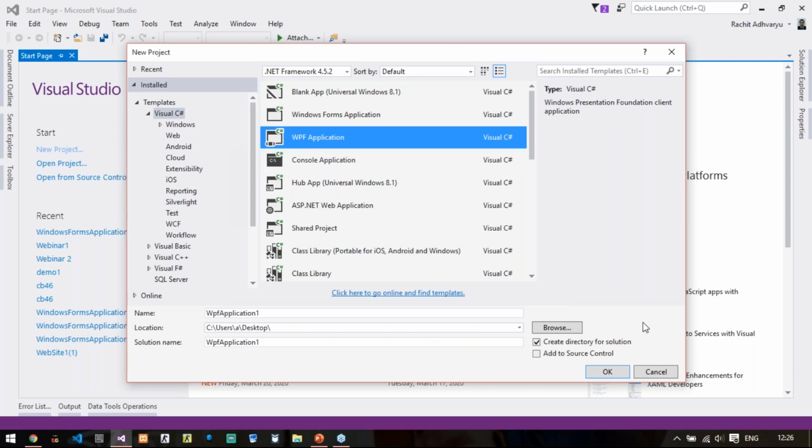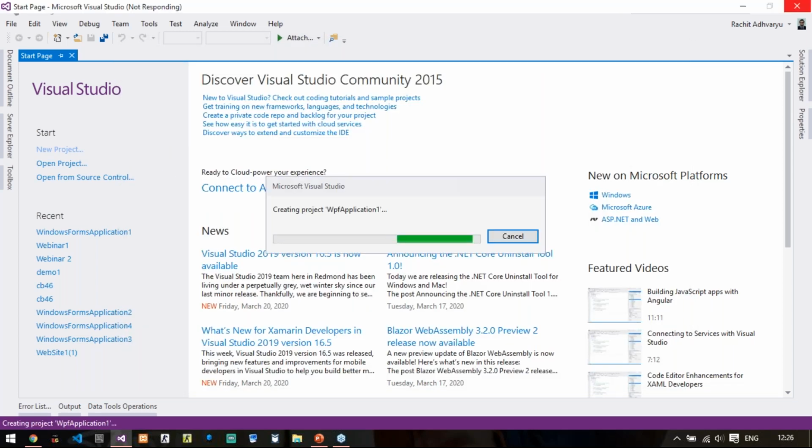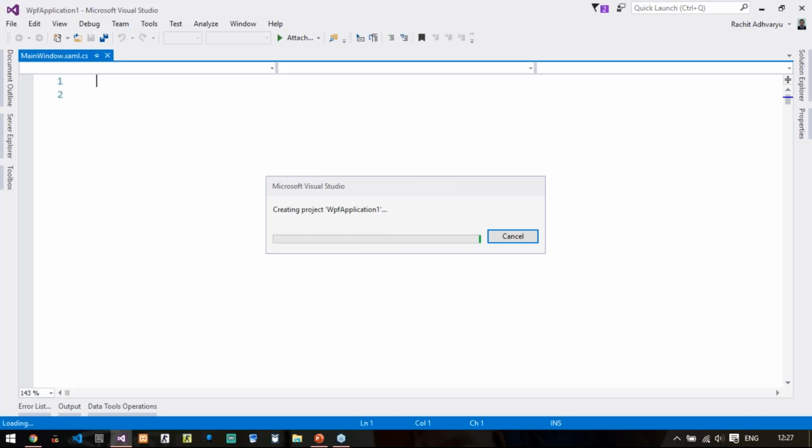So let it generate the complete view for us. Right. So it is loading the design part.